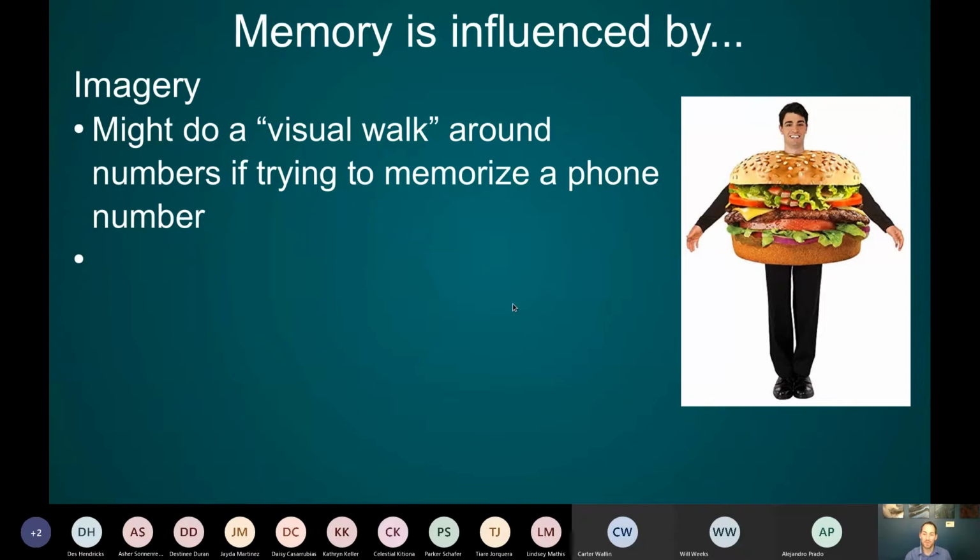So yep, using imagery can be really useful. We'll practice using a mnemonic later today in class, and it's a visual mnemonic. It's one that I've used before. I haven't found a way to visually remember people's names. If anyone has a mnemonic for using imagery to remember people's names, let me know, because I think that could